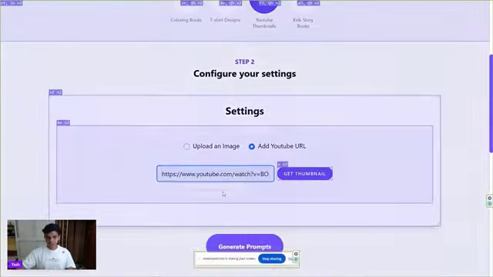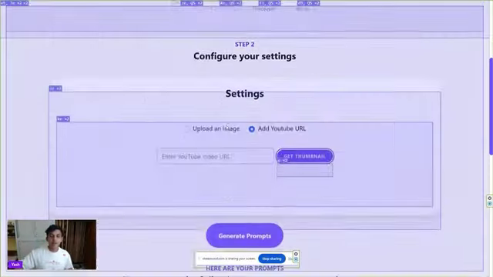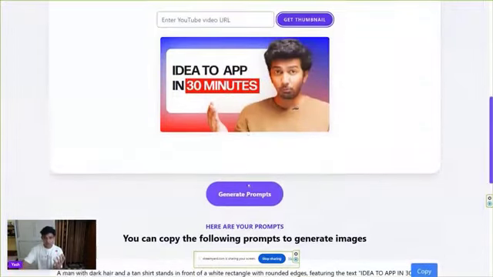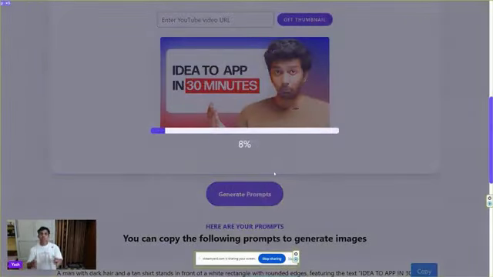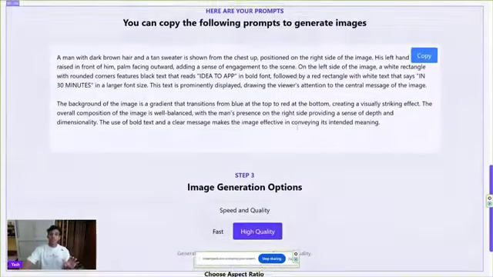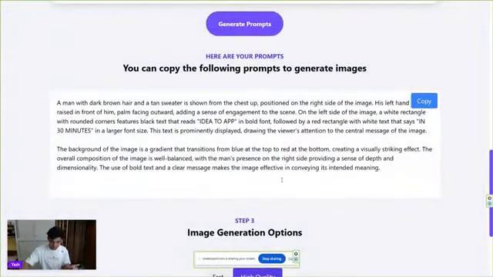So it already took that image, but imagine you post your YouTube link and get the thumbnail that you want, right? So it gets the thumbnail that you want to recreate. You generate the prompts, right? So what it's gonna do is generate the prompt for that. It's a beautiful prompt for that. Now you can edit this prompt, right?